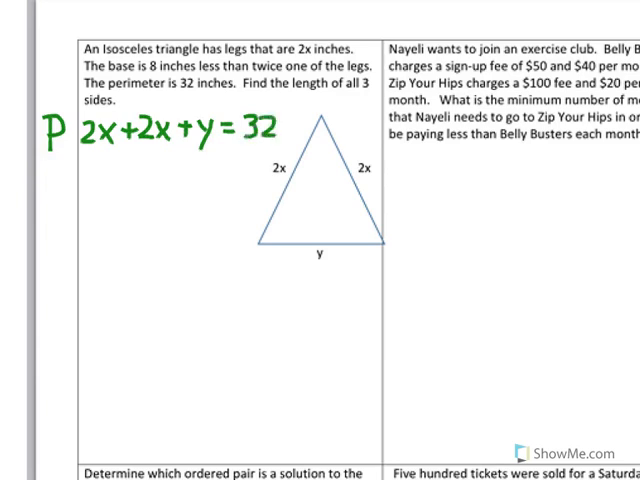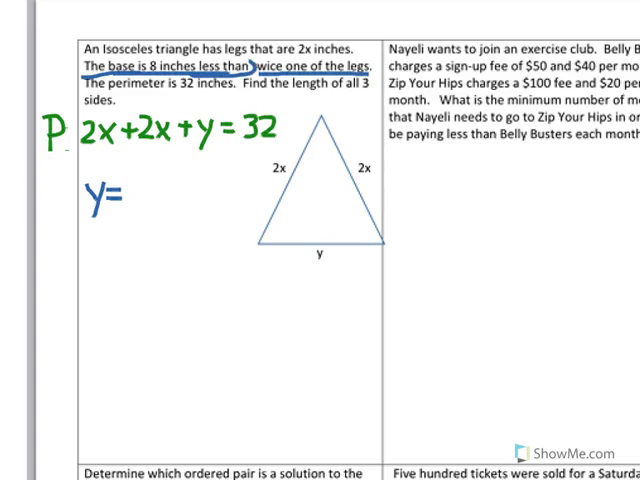Now the second equation needs to deal with the relationship between the sides. And it says the base is 8 inches less than twice one of the legs. So I'm going to take one of the legs. Well, let's start with this. The base is, when you see that, the base is, that means the base equals. So y equals